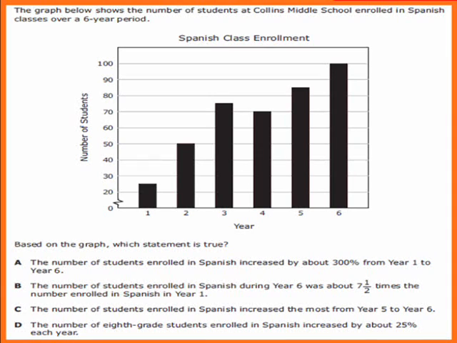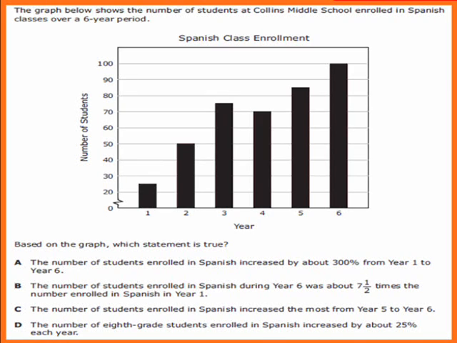First thing to look at is the graph, to see if there's any information you need to be aware of. What I notice is that between 0 and 20, there is a little squiggly to represent a broken graph, meaning that there are numbers between 0 and 20 not accounted for. So the interval between 0 and 20 is different than between 20, 30, 40, 50. It goes by tens after the 20 point. So you need to be careful that the visual representations may be slightly different from what's described in each